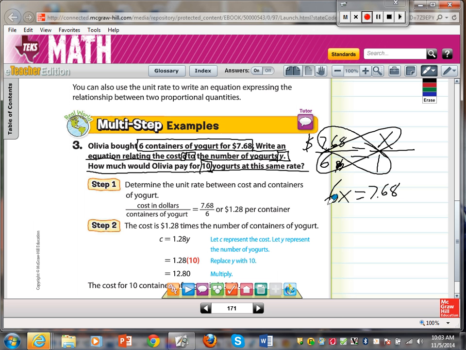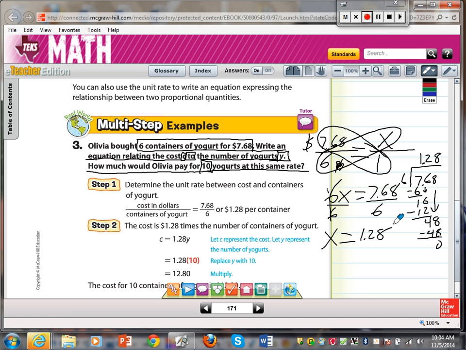And then from here, we divide by 6, we divide by 6, x is equal to, now when you do this division, 768 divided by 6. So 6 into 7 is 1, 6, 1, decimal goes straight up, bring down the 6, 6 goes into 16 2 times, 6 times 2 is 12, this will be 4, bring down the 8, 6 goes into 48, 8 times, 6 times 8 is 48, remainder 0. So then we could say that x is equal to 128. So 128 is the actual unit rate,